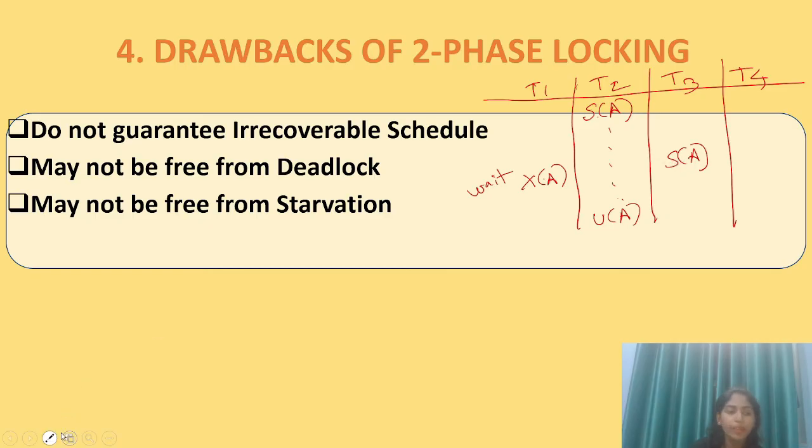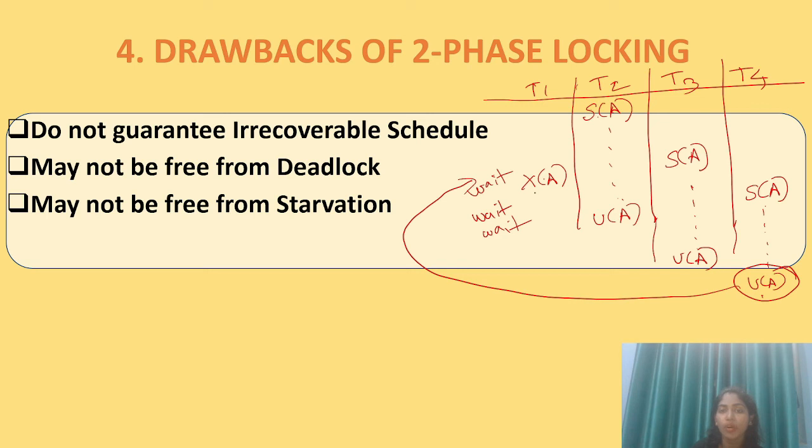So now T3 will be given a shared lock on A, and suppose he wants to release it over here, unlock it over here. Again T1 has to wait till T3 releases the lock, because he wants the exclusive lock. So T3 has to release its lock, and only then can he have the exclusive lock on A. Now T4 comes in between. Before T3 releases its lock, T4 acquires the lock on A, and he unlocks it somewhere over here. So again T1 has to wait till T4 unlocks. Once T4 unlocks, only then will T1 get the exclusive lock on A.